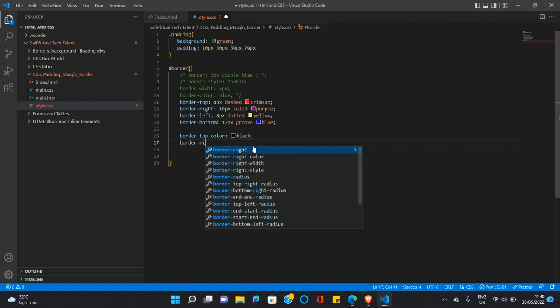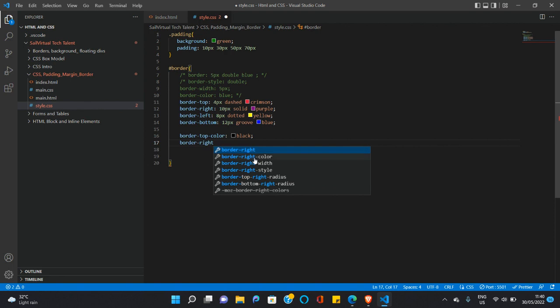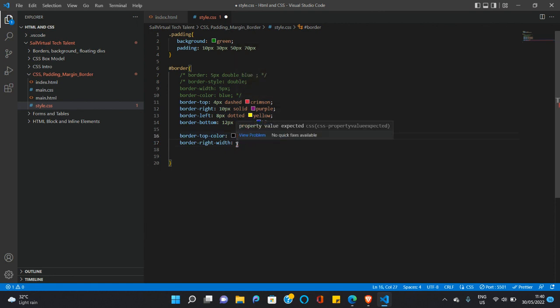The border right, you have the color, width, and style. Also, you can actually have it however you want. So we also have that for the border left and the border bottom. So I think that's that for borders. Okay, probably lastly, I might just want to talk about the border